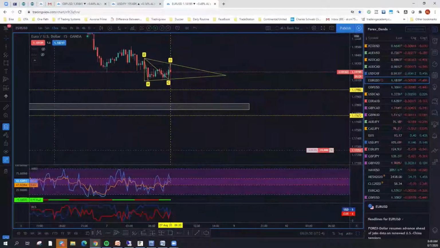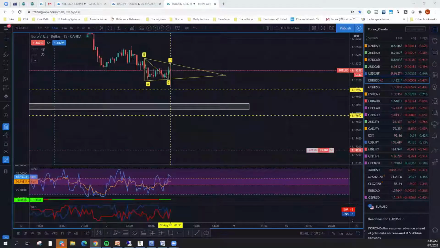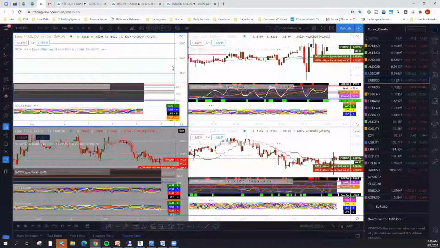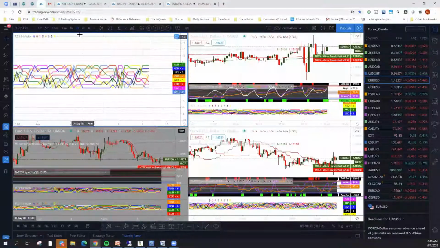Let me look at something else here. Let's see if we can figure this one out. Like I said, this is why I usually give it at least another 20, 30 minutes after the announcements for things to stabilize, and then try and figure out what we have to work with. We'll also know a little bit whether or not the euro is stronger versus the dollar in the scheme of things. And right now, if we look at our charts